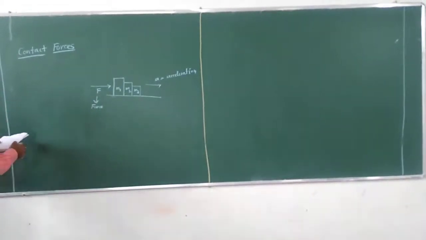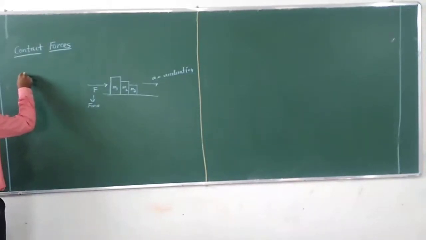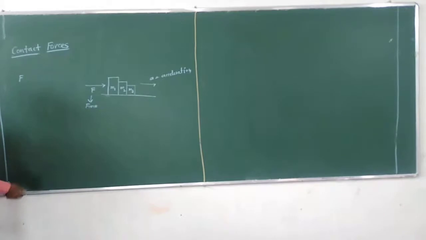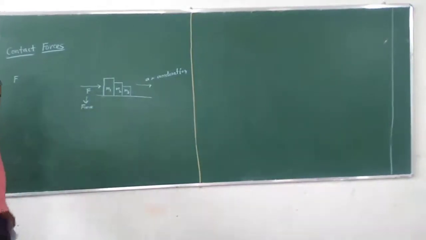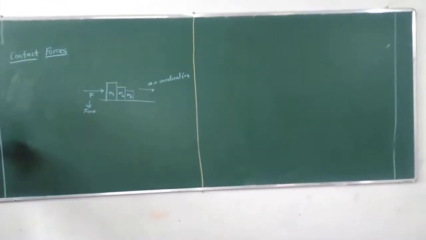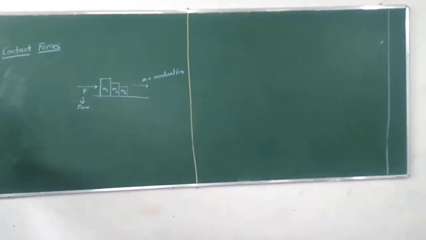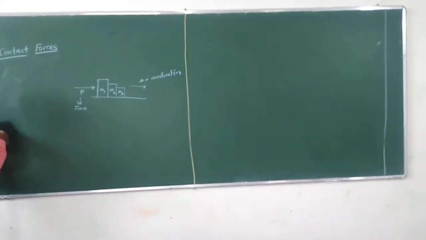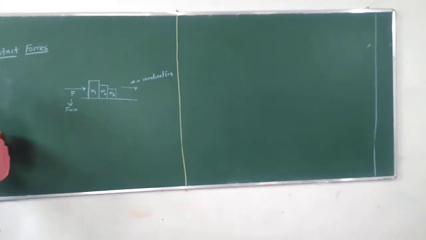For m, according to the law of conservation of energy, the box m साठी आपण पहिला कॅल्क्युलेट करूया. आपल्याला काय फाइंड करायचं आहे? ऍक्सेलरेशन फाइंड करायचं आहे फायनली. तर for m1,